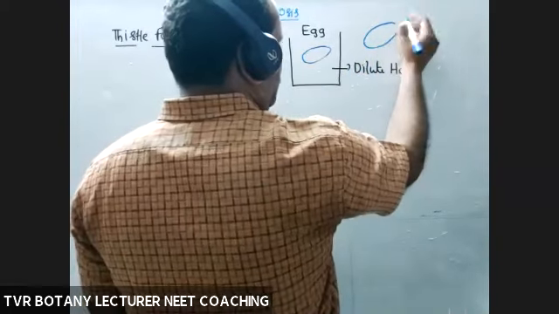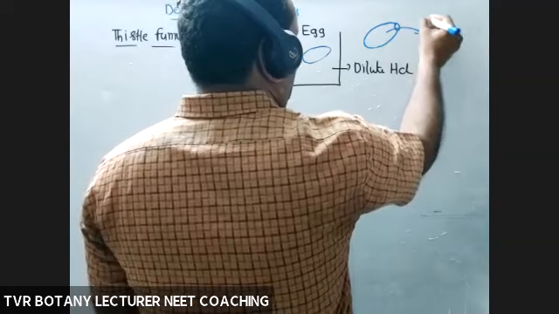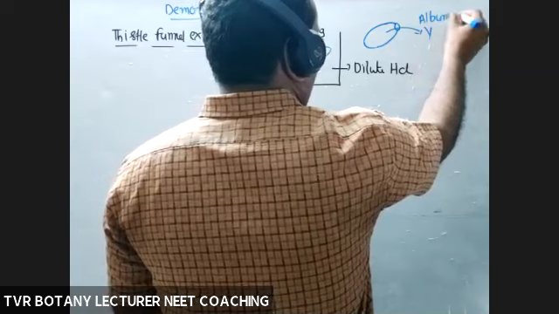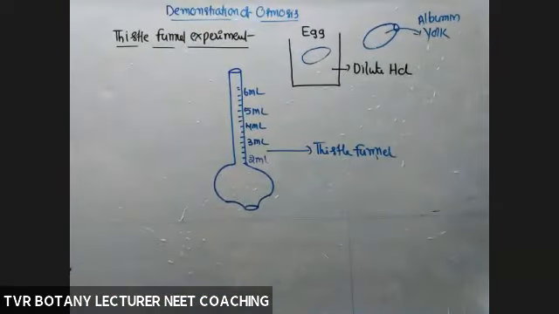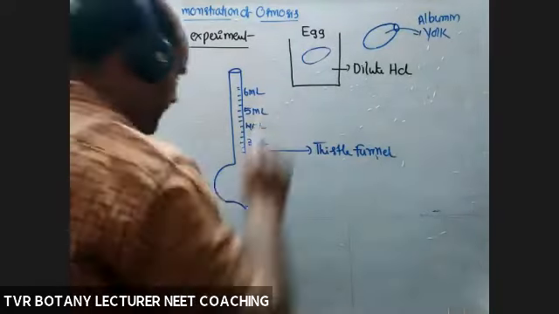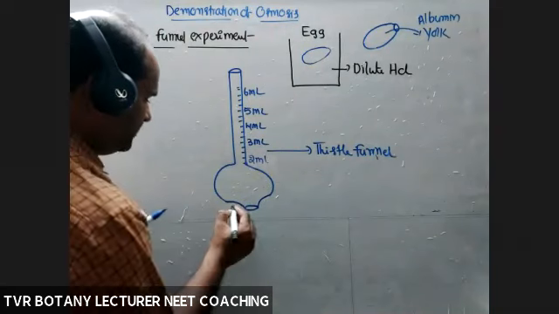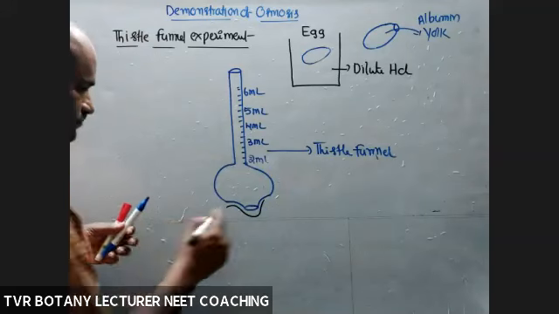So put a small hole here and take out the albumin, the protein part, and the yolk part, the yellow part. Remove them. After removing those two things, take that membrane here and tie the membrane, this egg membrane,